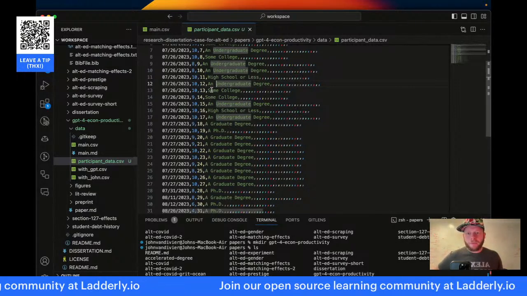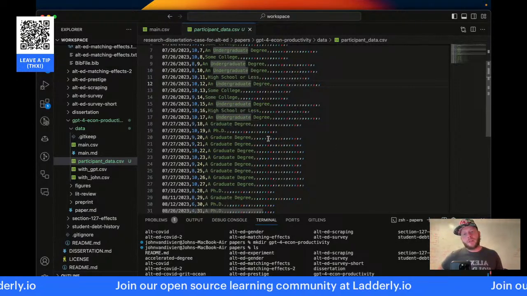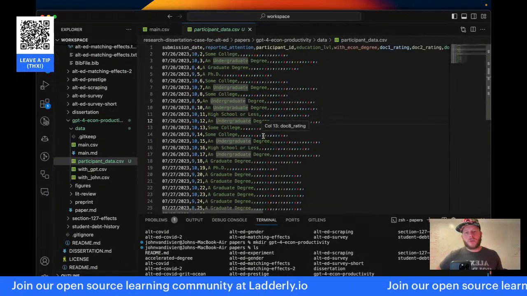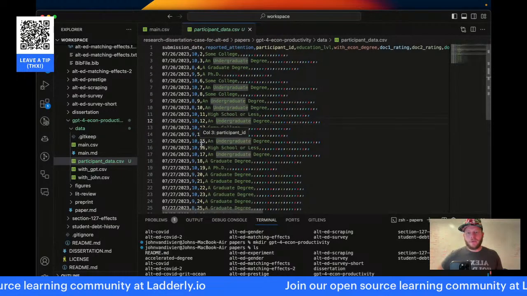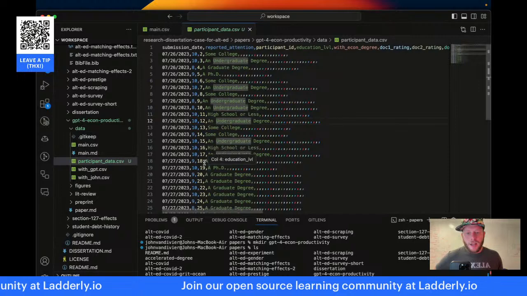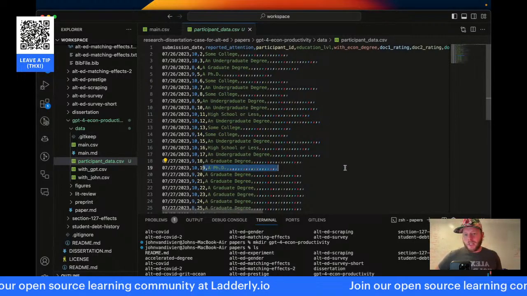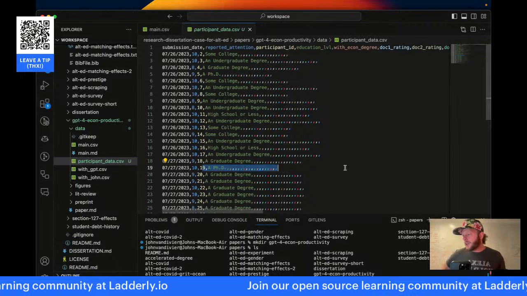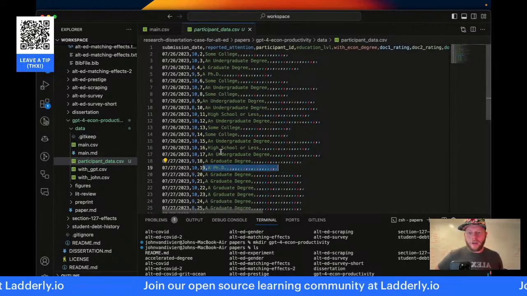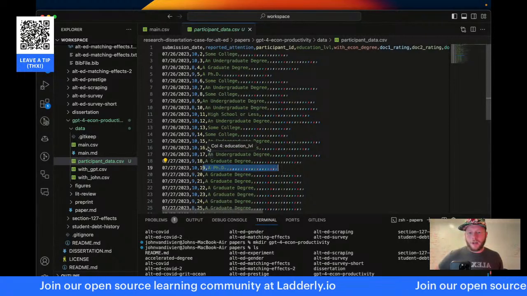Ooh, hold on. Do we have a break? Nope, my scroll offset is just wrong. Let me reset at 19. Okay. 19 has a PhD. Then we go grad, under, high, under. Grad, under, high, under.